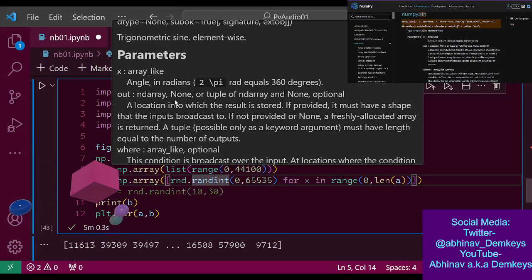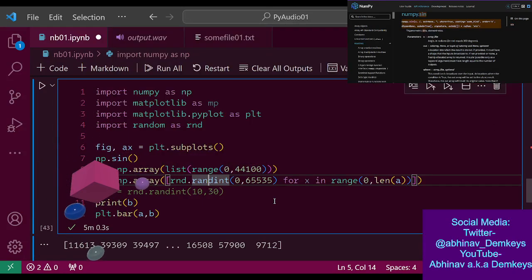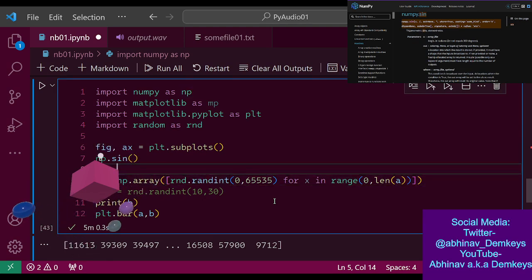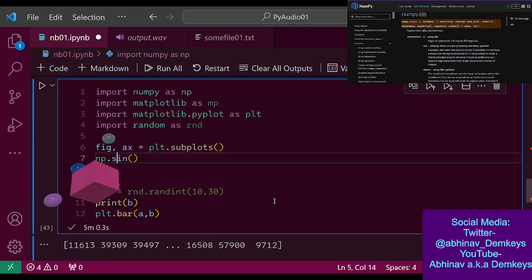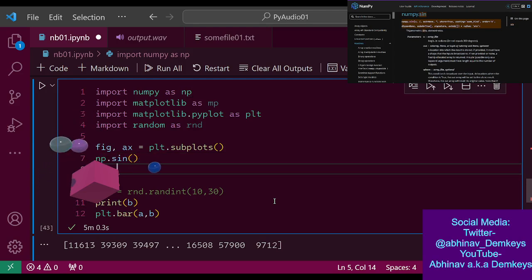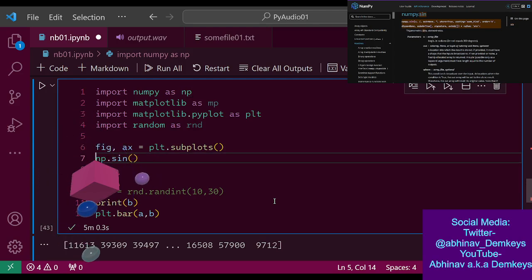I'm trying to find a way to use list comprehension here, but for the time being, here's what we can do. We can get rid of this, and we can do, wait, this returns a NumPy array, doesn't it?